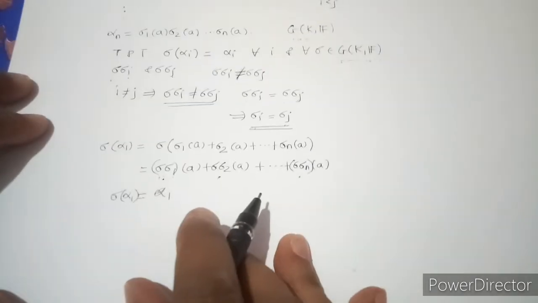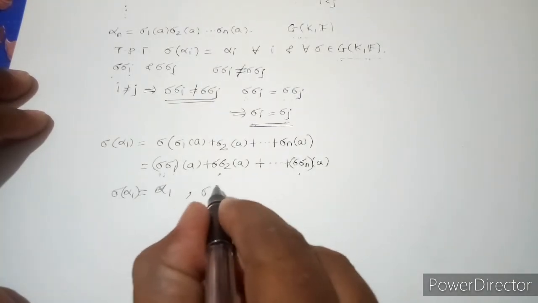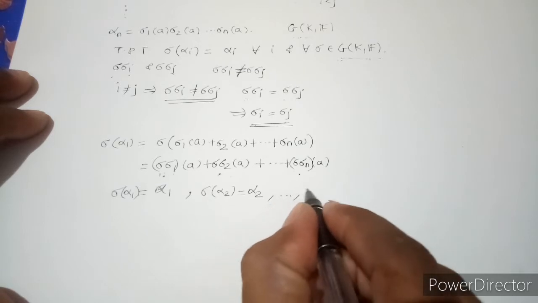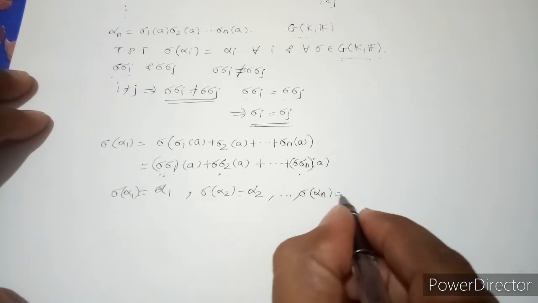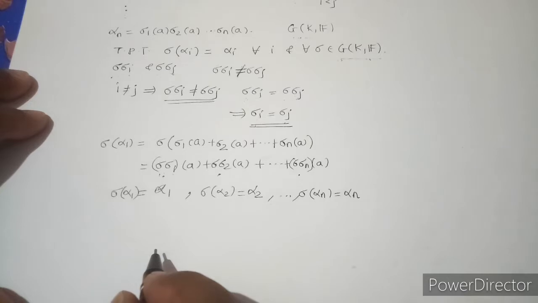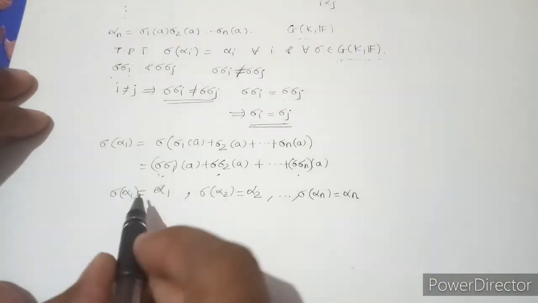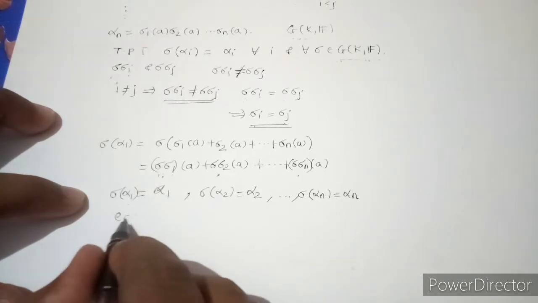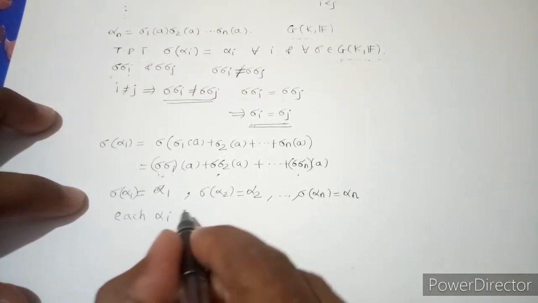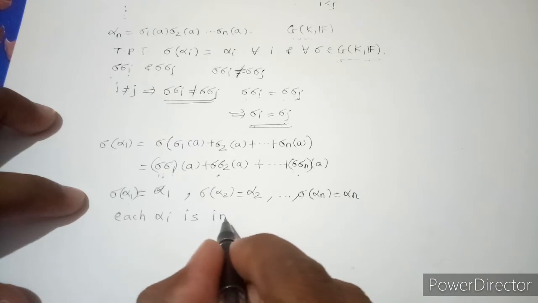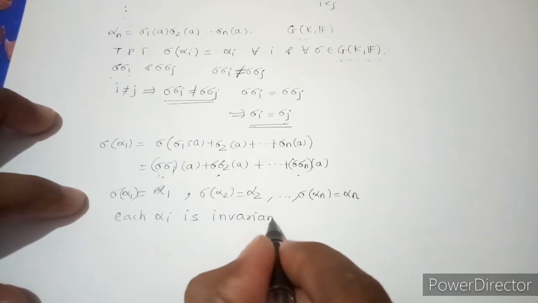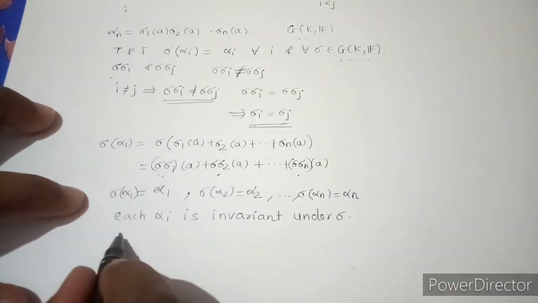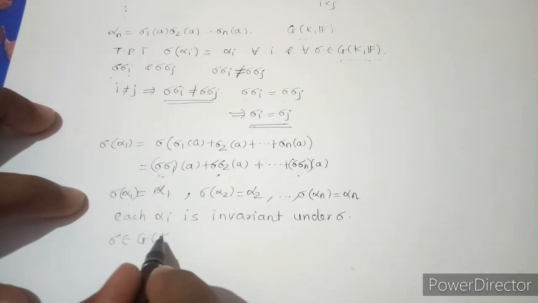Similarly, I can show that sigma of alpha 2 is equal to alpha 2. So on, sigma of alpha n is equal to alpha n. And this proves that each alpha i is invariant under sigma. But this sigma belonging to G(K/F)